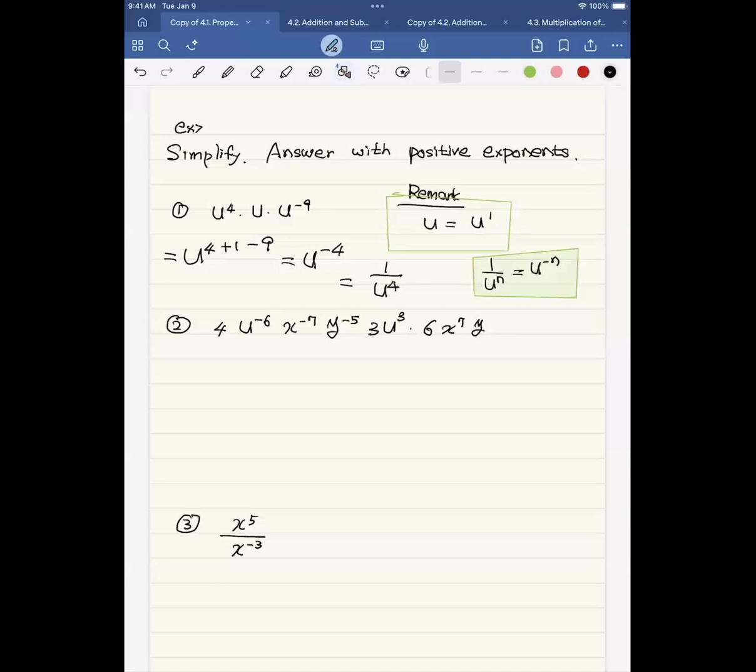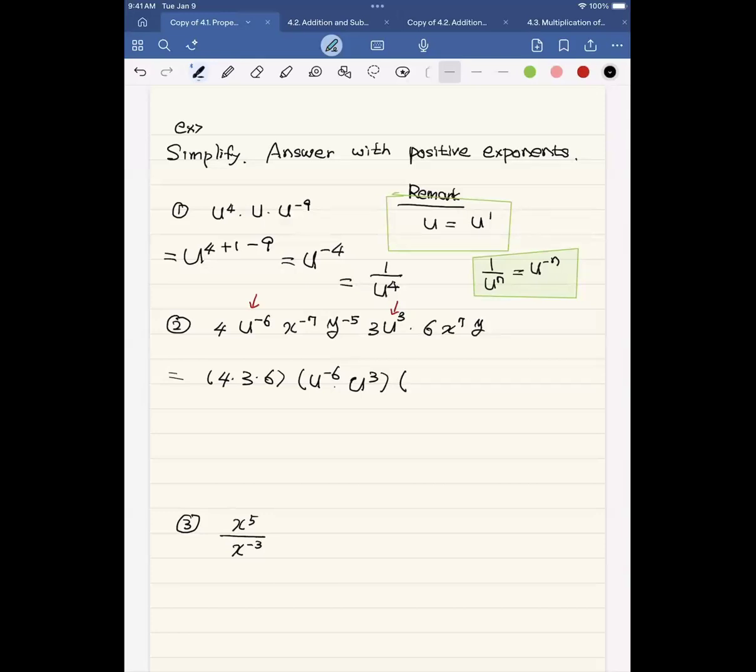In the next problem, we see many characters and numbers together. What we have to do is combine the numbers together and the characters together. So it becomes 4 times 3 times 6 times the u variable. So u to the negative 6 power times u cubed,